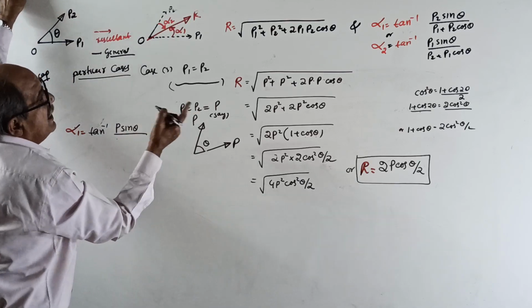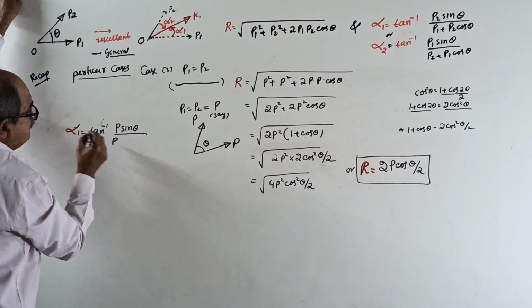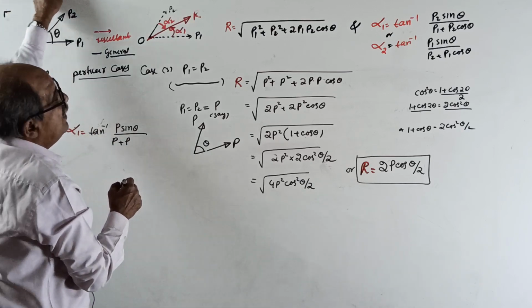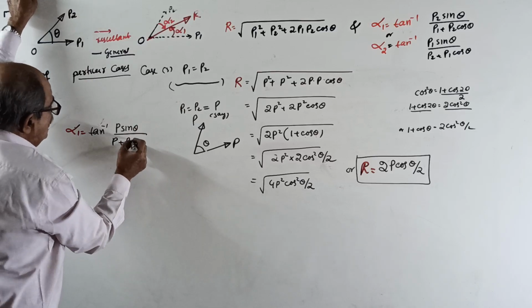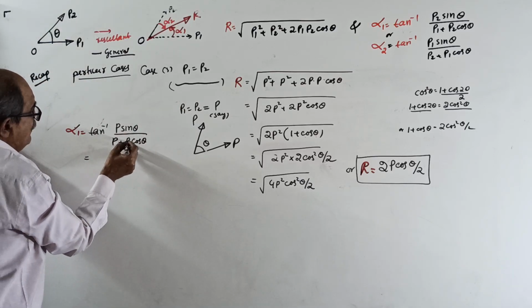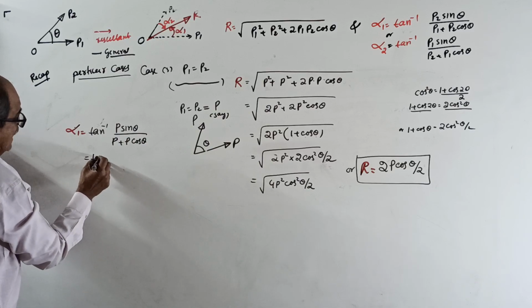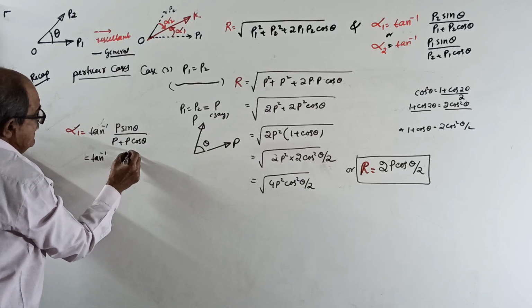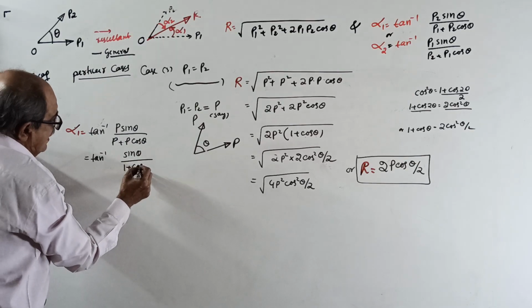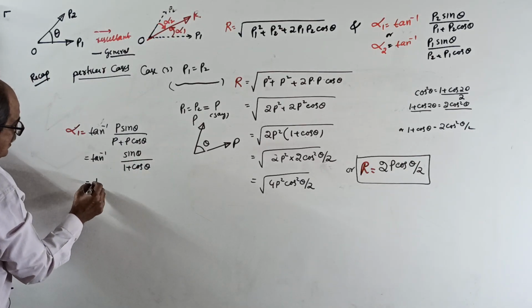Divided by P1, P1 also is P, P plus once again P into cos theta. Here P will cancel. I won't waste time. Tan inverse of sin theta divided by 1 plus cos theta